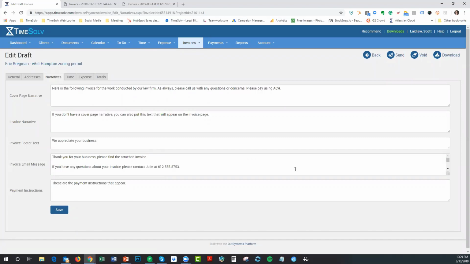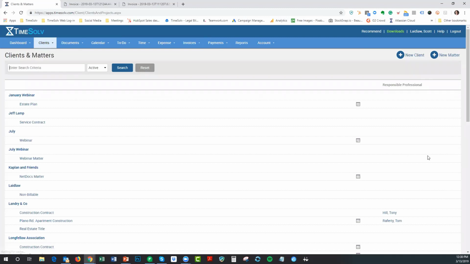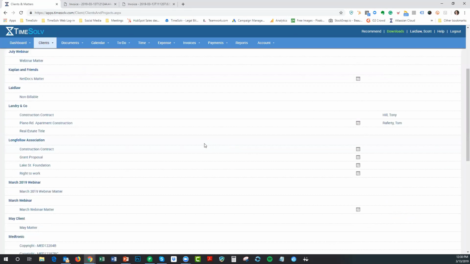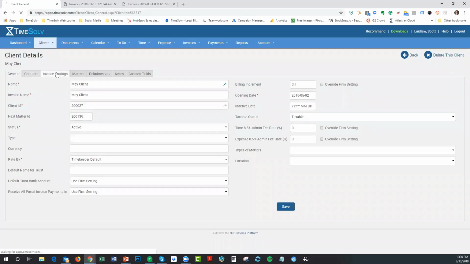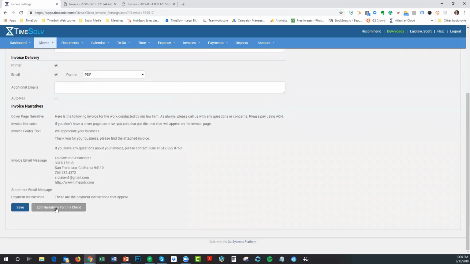So there is a lot of flexibility, frankly, in how you can manipulate what you want to say on the invoices. And we do know that if you're sending out hundreds of invoices a month, or 3 or 4 dozen a month, the idea of customizing these is not something that sounds super fun to do. I would suggest, if it's really important to you to customize what's on the invoice for each of your clients and matters, that when you set up those clients and matters, as you're creating them for the first time in TimeSolv, that's a good opportunity to come in here and modify those narratives